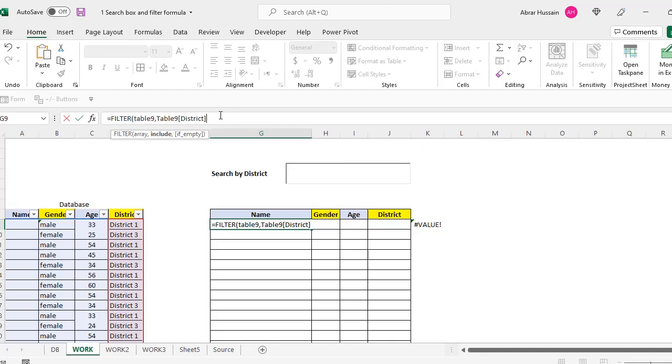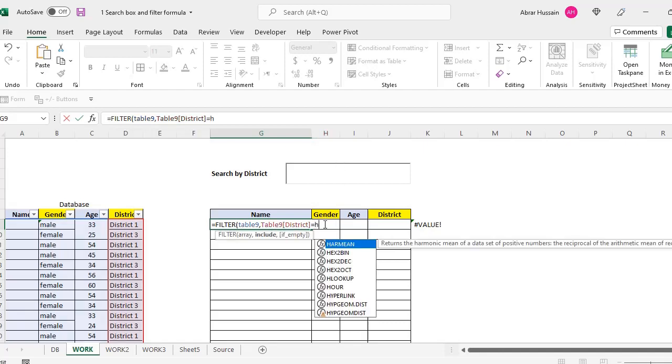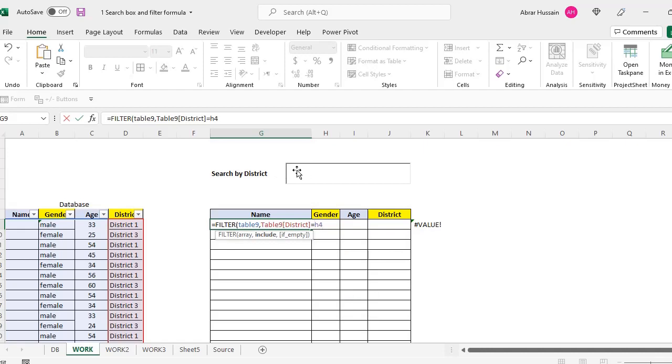Now after this includes the complete column, against which it should compare, you just write equal to. And what was the cell that you linked to this search box? That was H4, the cell behind this text box.